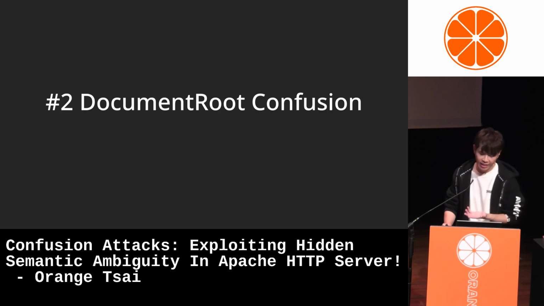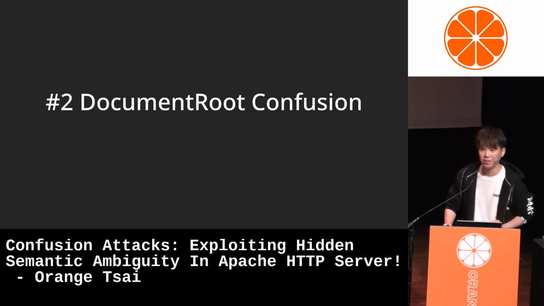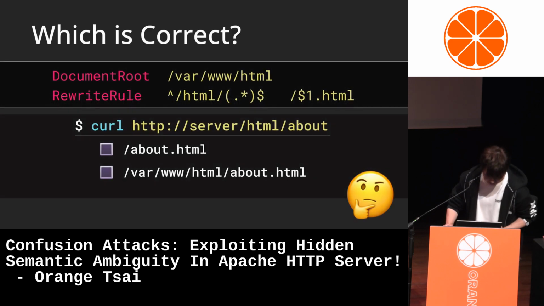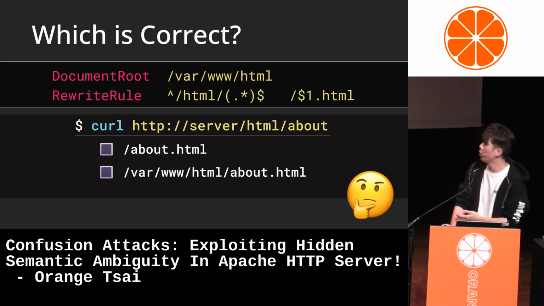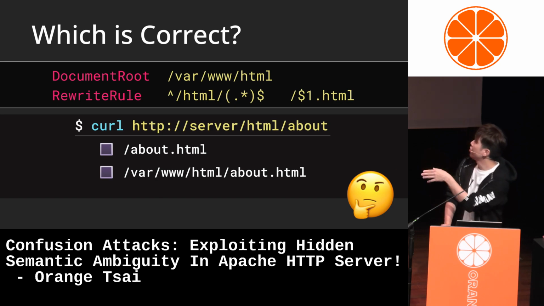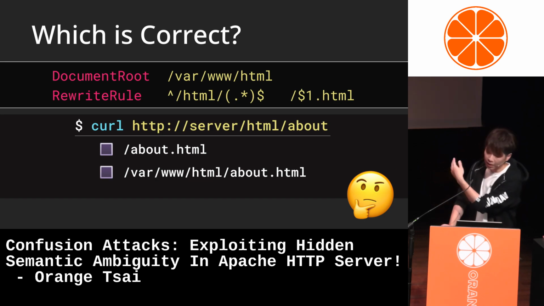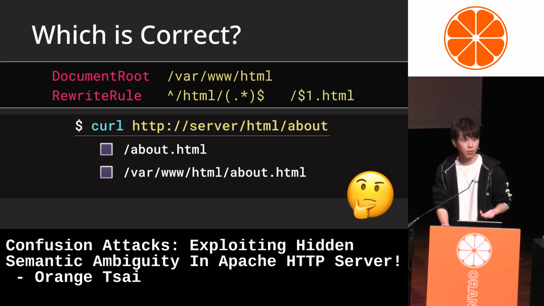And the next attack we are diving into is the confusion based on the document root. Let's consider this common Apache rewrite rule for a moment. When you visit the URL /html/about, what file do you think Apache will actually open?